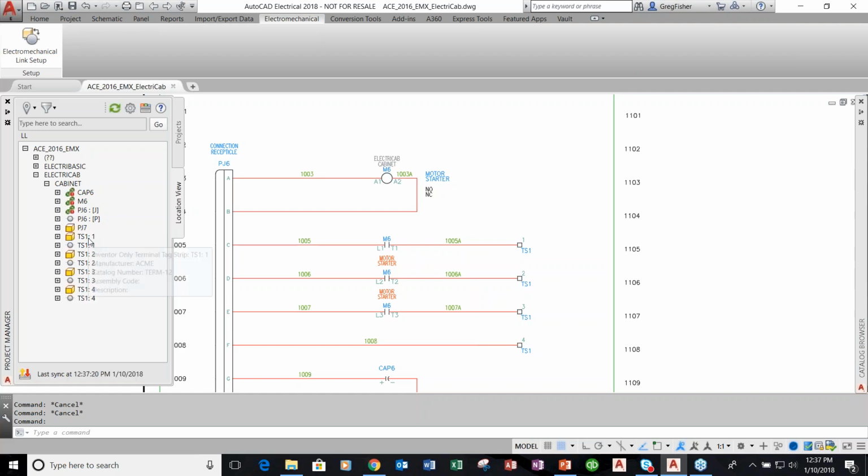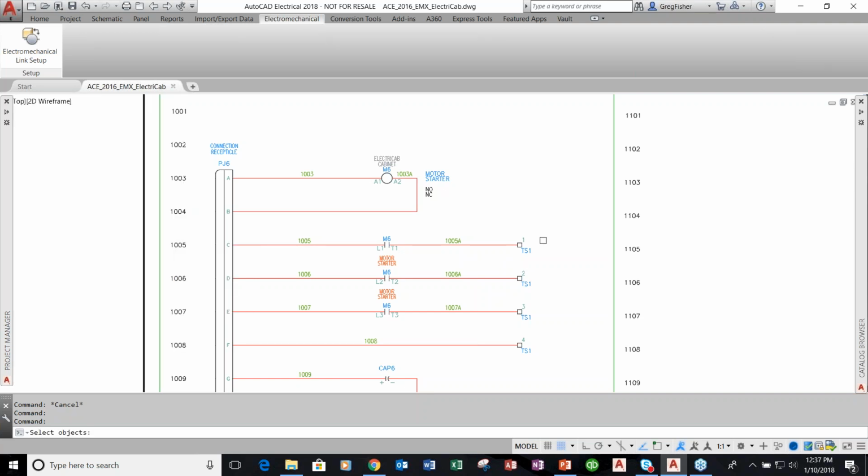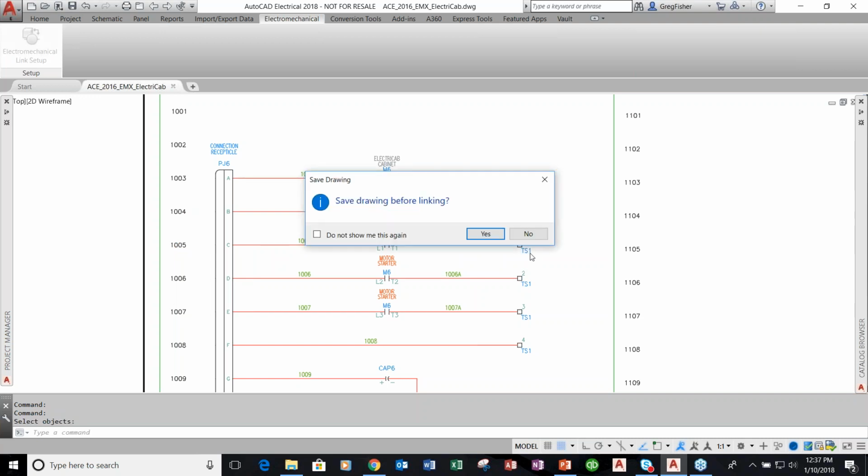And as you can see, I've got the same terminals here, and they're displaying as, yep, you've got a mechanical part, you've got an electrical part in the schematic. We need to bring those two together. So I'm going to right-click on, let's say, the mechanical component of this, and I want to assign it to the existing drawing. I'll select the TS1,